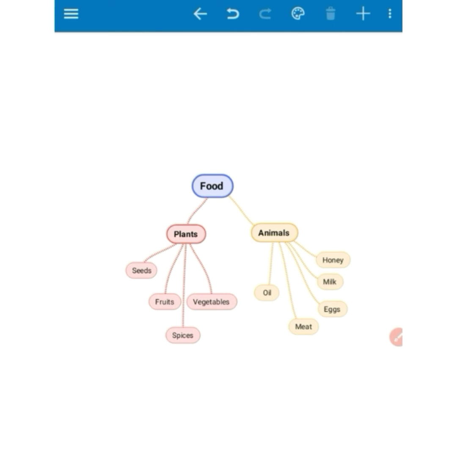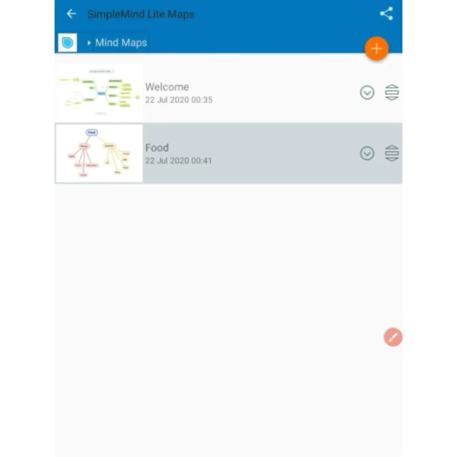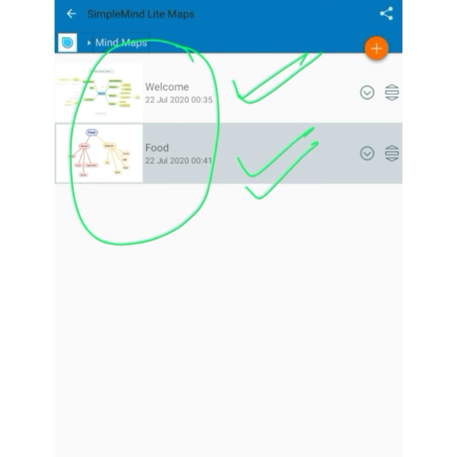You can simply click here if you want to go back. Okay, see here. Now here you can see the list. The first one is a concept map which is there by default, but this concept map is made by us.